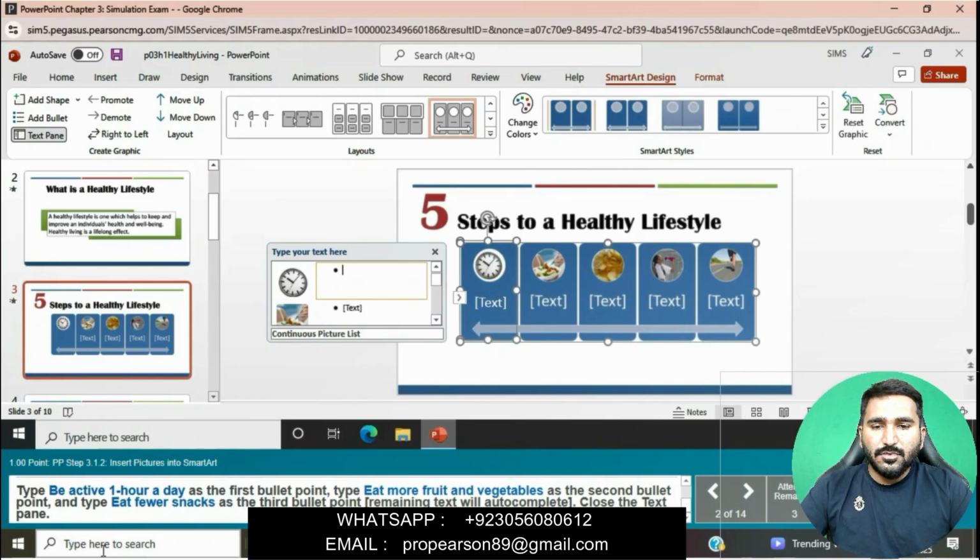Then we will type be active 1 hour a day as the first bullet point. Click on the first bullet point and type this, and then type eat more fruit and vegetables as the second bullet point, and then type eat fewer snacks as the third bullet point. Close the text pane. Be active 1 hour a day.